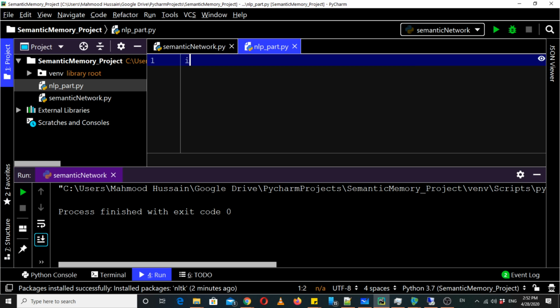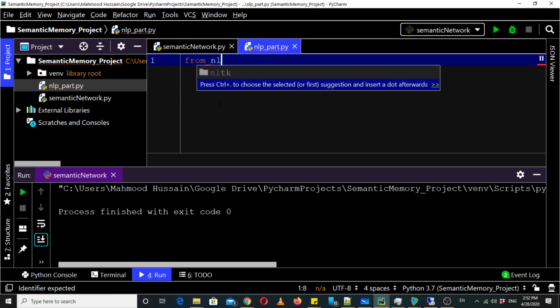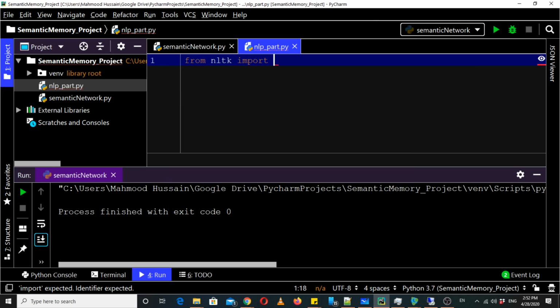So you can just import from NLTK. First of all, we need to tokenize, so import word tokenize, and then POS tag. Here we may make a variable of sentence, or we can also take it from the user: Cat has fur.